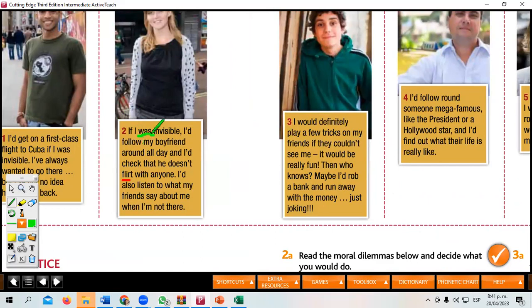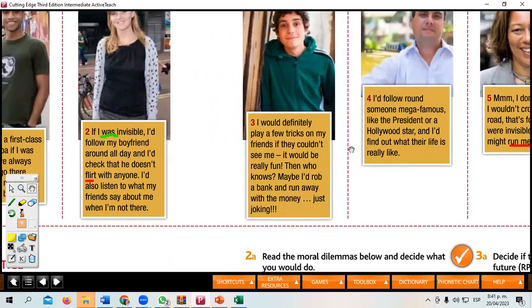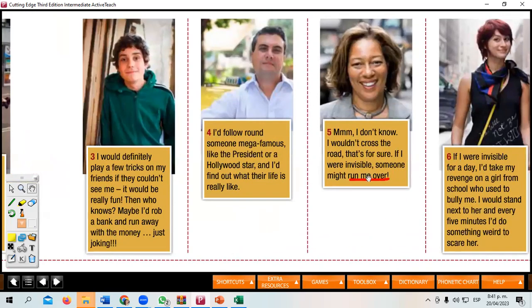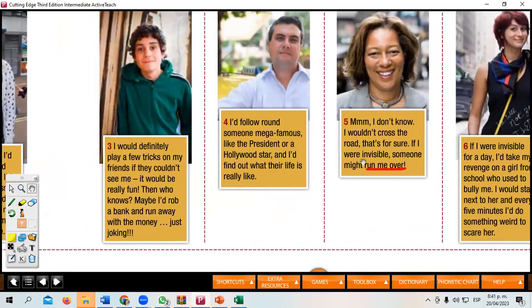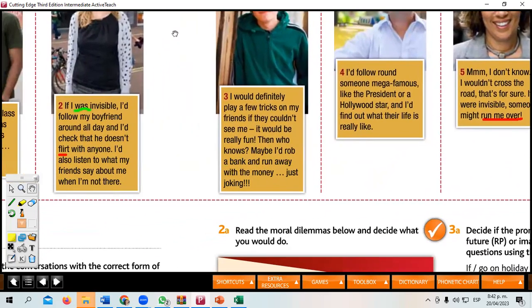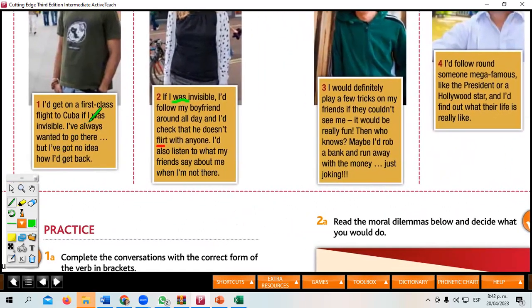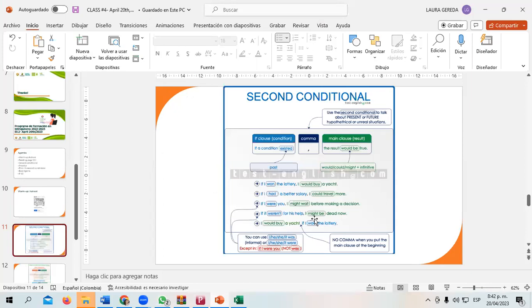Entonces acá sería, if I were invisible, igual acá. ¿Cuál era el otro? If I were invisible, aquí está, ¿ven? If I were invisible, lo pusieron como de las dos maneras. If I was invisible o if I were invisible. Ahora, pues preferiblemente usamos were. If I were invisible, ¿ok? Entonces, esa es como la excepción. En el segundo condicional, con el I, usamos siempre were, ¿ok? Miren, acá está de la otra forma, if I was. Entonces, preferiblemente con el were, if I were invisible. ¿Ok? Guys,